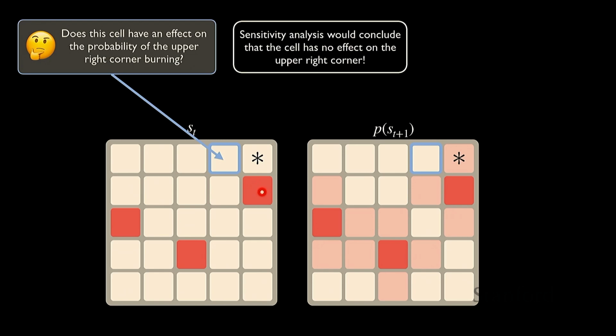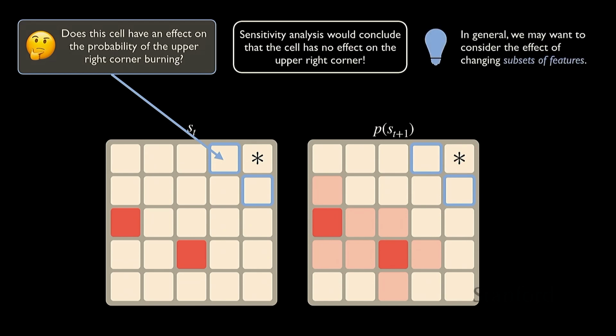Actually, wouldn't we conclude that either has an effect on this one too? Yeah, we also conclude that. That's correct. So basically what's going on here is we're missing out on the interactions between these features, because it does still matter. We need at least one of these two to be burning. And so it does seem like it still affects it. If we get rid of this one as well, then we see that it will actually change the probability that it's burning at the next time step, because now it has no chance.